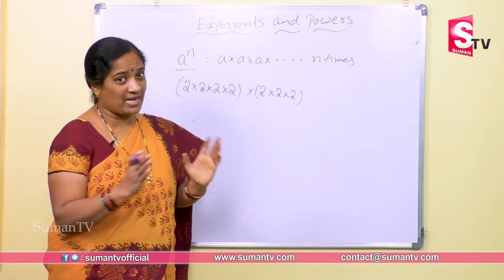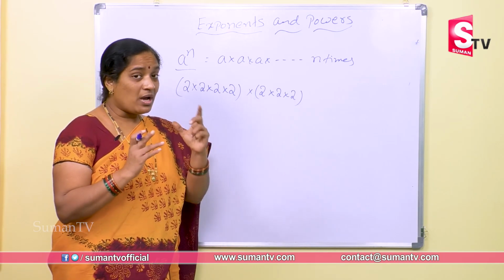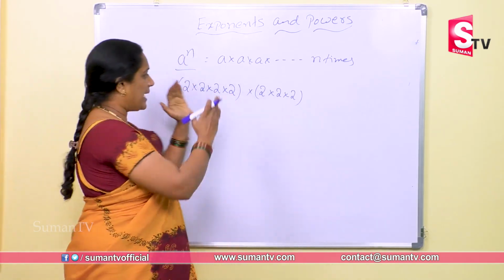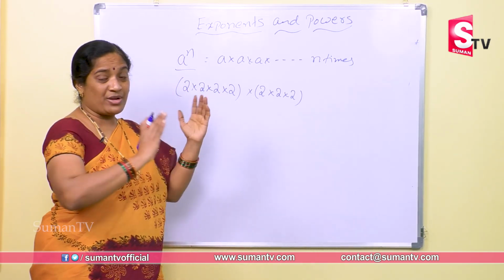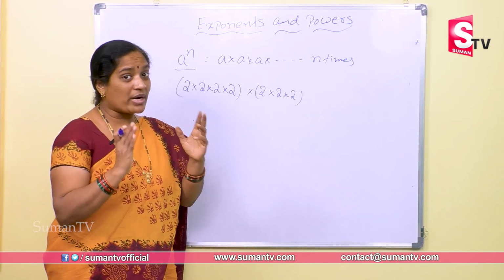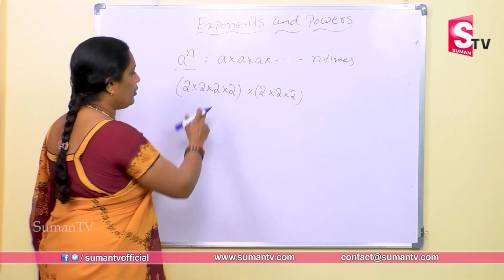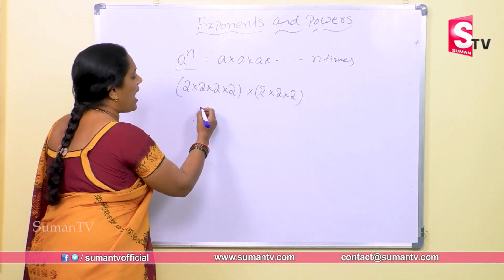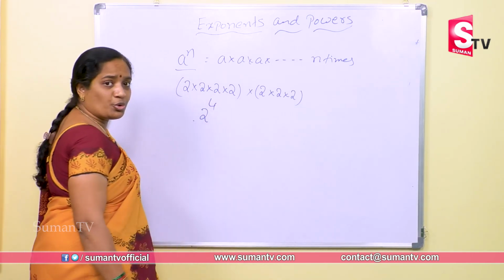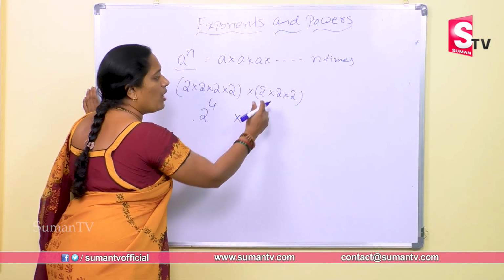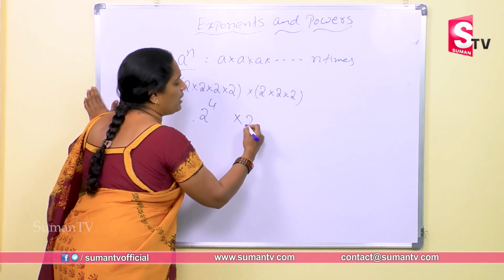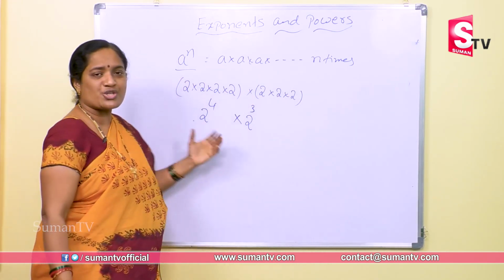All of them are the same. Why do we have to separate them? That's what I want you to notice, the difference when you are writing them at once and when you are writing them separately. What is the difference? I'll let you know. Look at here. 2 into 2 into... I don't want to write 2 four times. I want to write the short form, that is 2 to the power of 4, into 2 multiplying 3 times. Now 3 times I don't want to write, so I want to write the exponential short form.